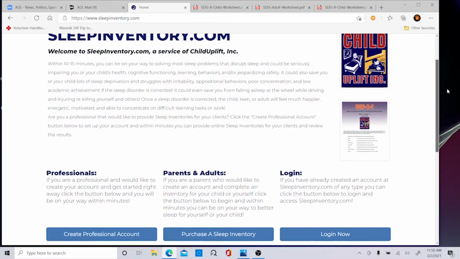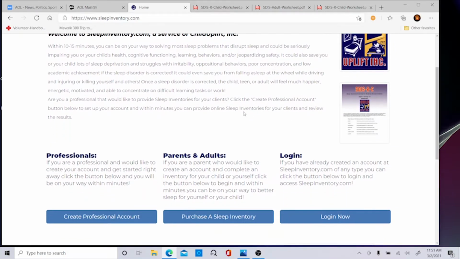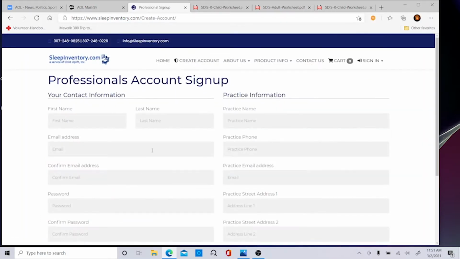If you look down below, you have 3 different sections here. You have a professional section, you have a parent or adult section, and you have a login. If you're already enrolled, you can just go to the login and click on. Okay. If you're not enrolled, then let's say if you're a professional, you click this professional account, and it will ask for your name,